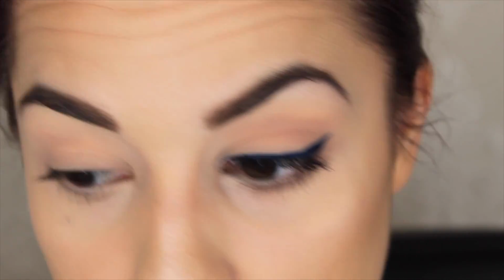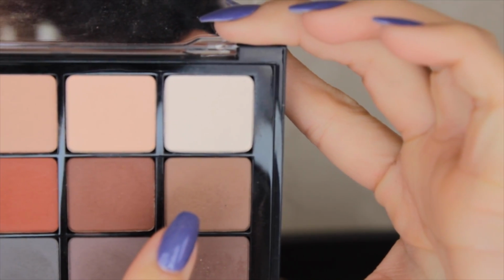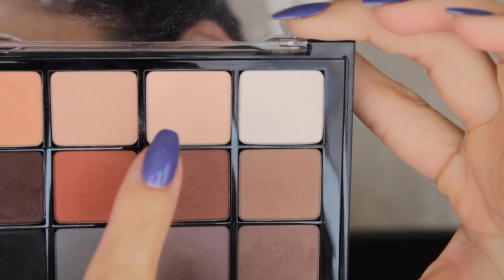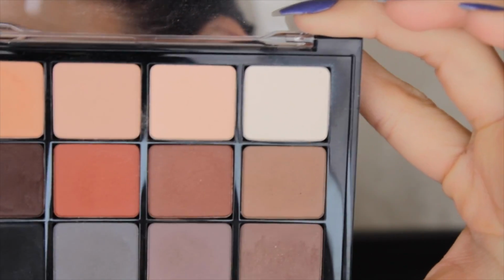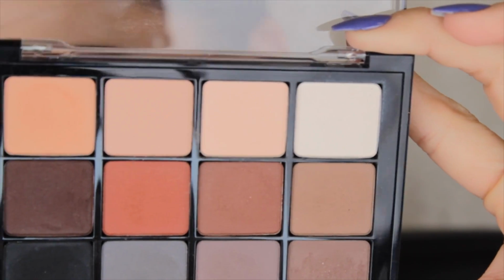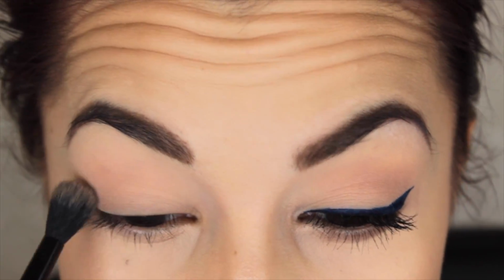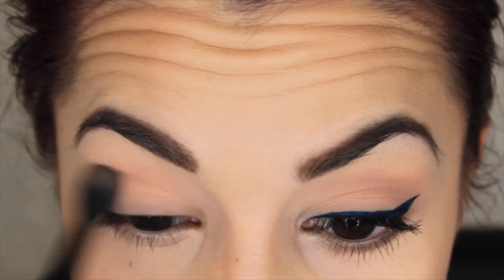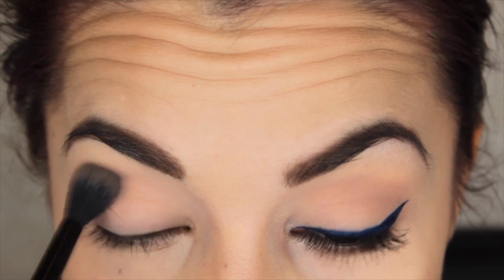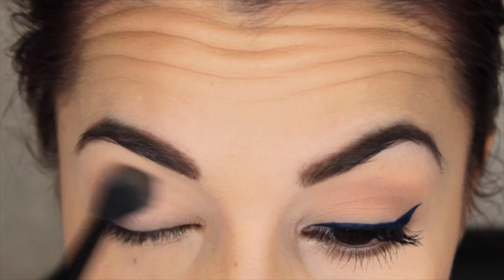Then next I'm going to take this tan shade here, which is one of the lightest tan shades, and I'm also going to be mixing that with a little bit of these peach colors here, simply because I want to tone down that shade of tan. And I'm doing just a little bit of this. Like I said, I don't want to be too crazy with it, and I'm just going to lightly dust that into my crease just to kind of define it without leaving it bare, because sometimes it can look a little off if you have no